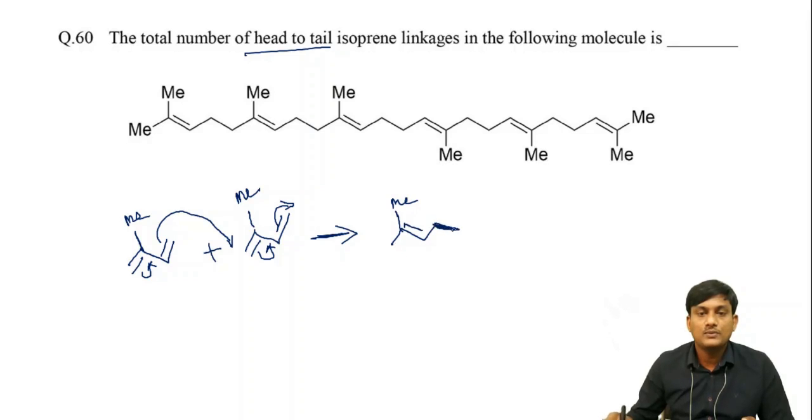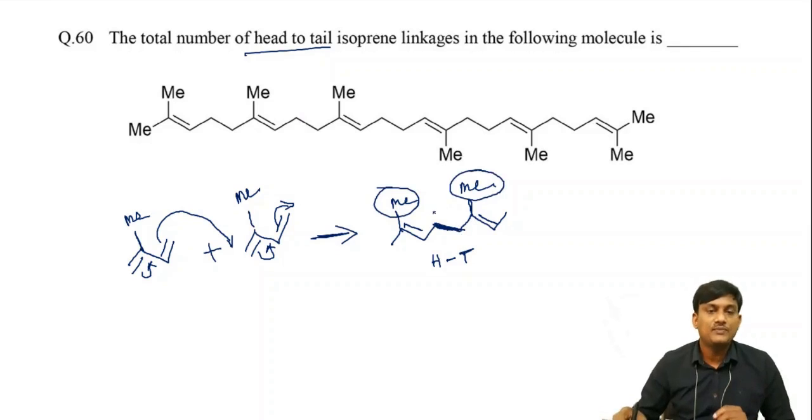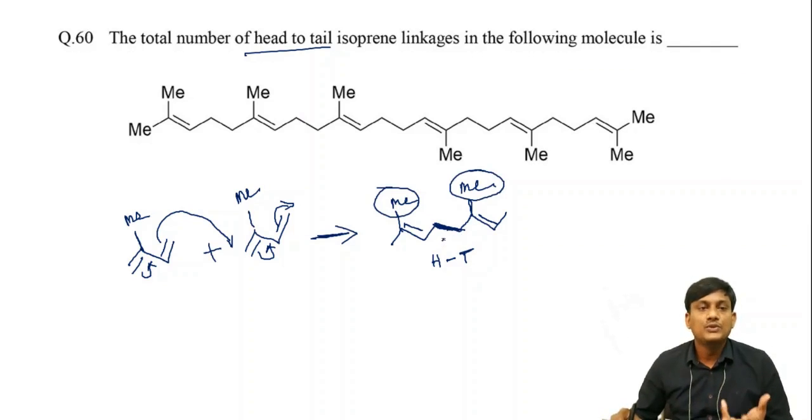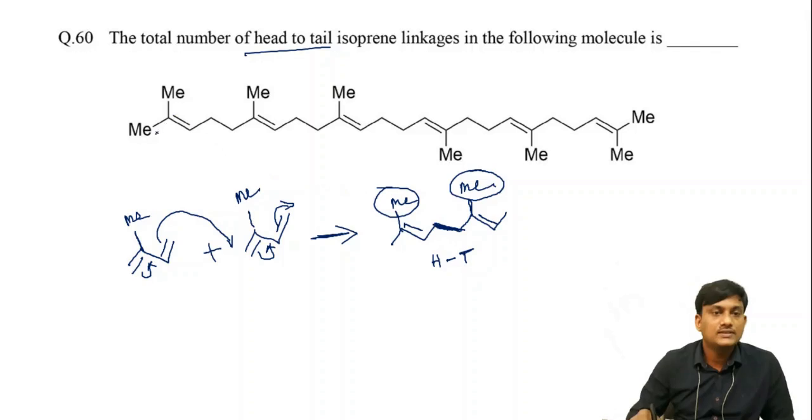This is a new sigma bond, and this is the double bond, and this is a methyl group. Okay, this is a head-to-tail arrangement, both the methyl groups on the same side, and this is a bond between two isoprene units. How many units are there? Here methyl,